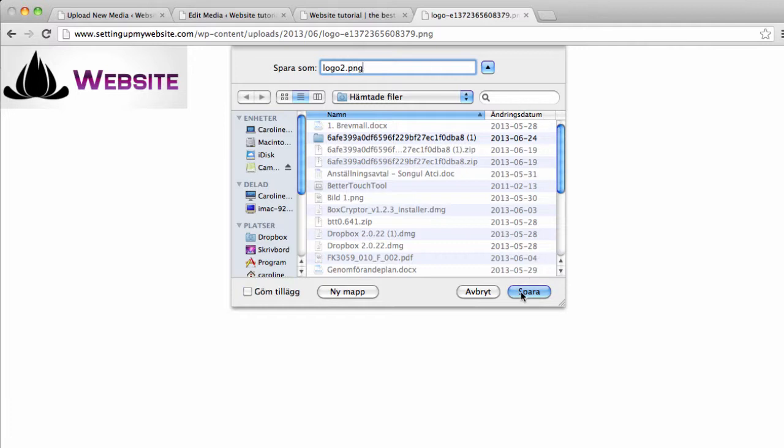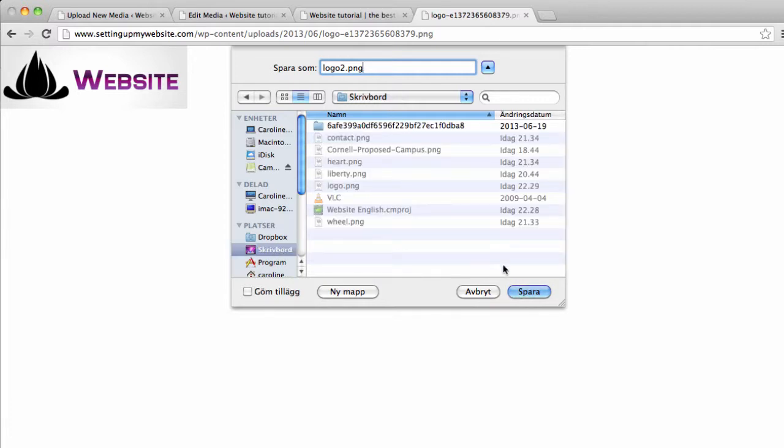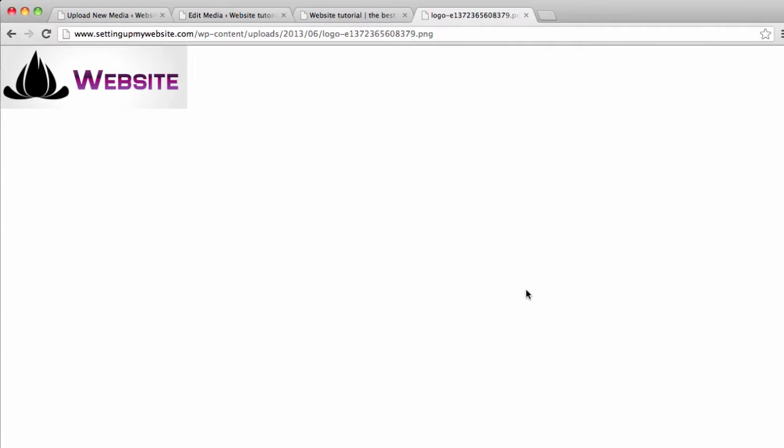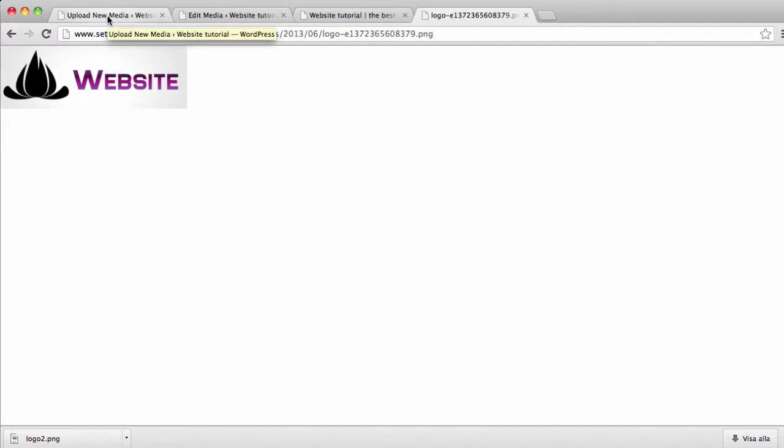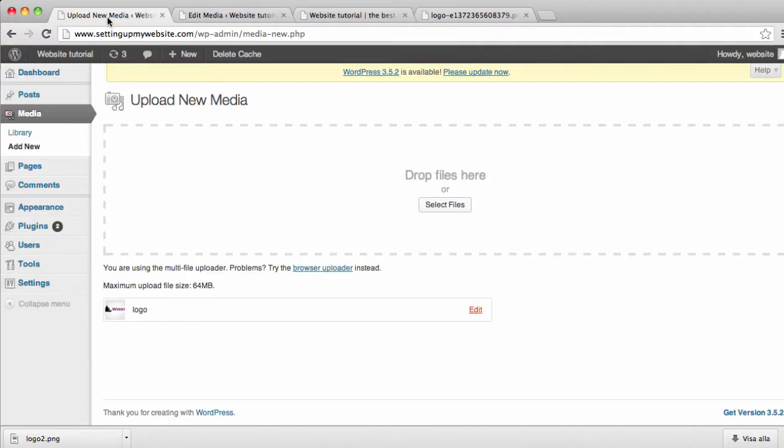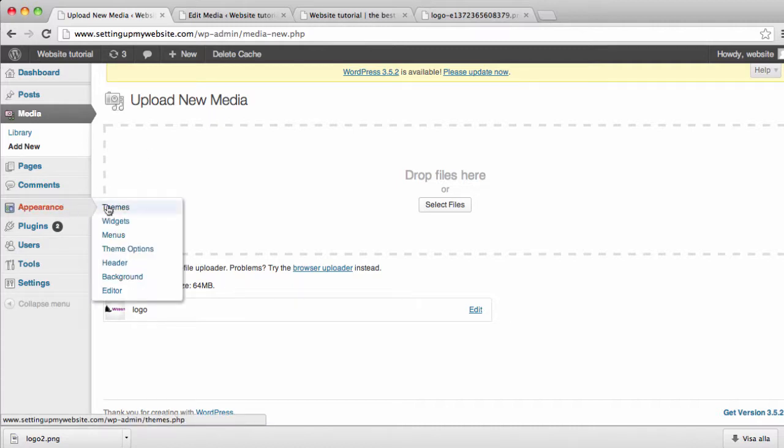PNG. There we go. And what we have done now is simply made the dimensions match the dimensions of what WordPress wants it to be. Now go back to the dashboard and go to Appearance and Theme Options,